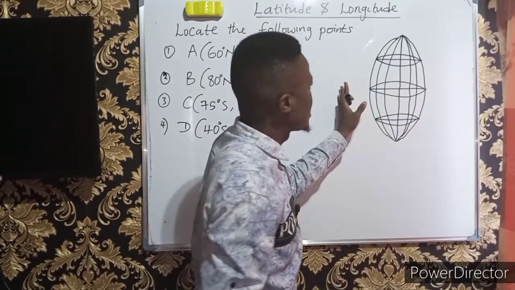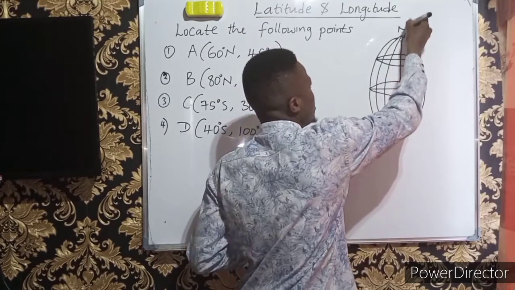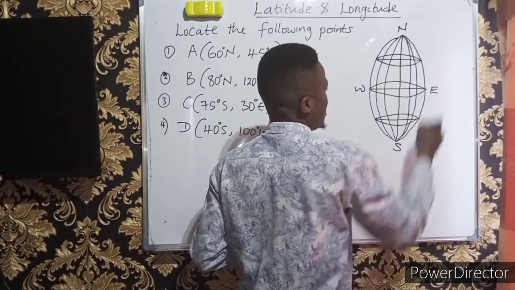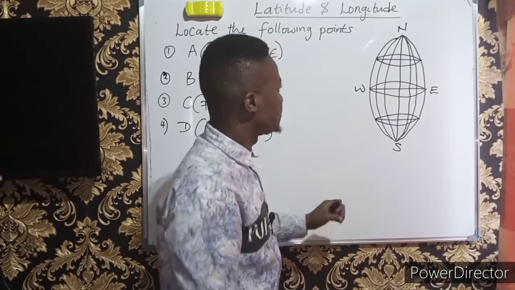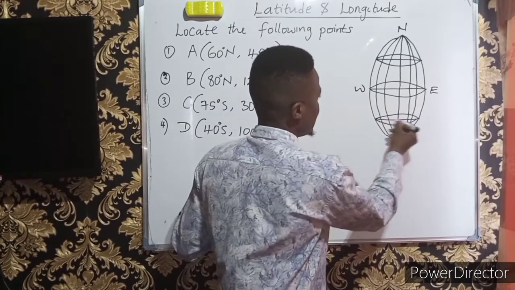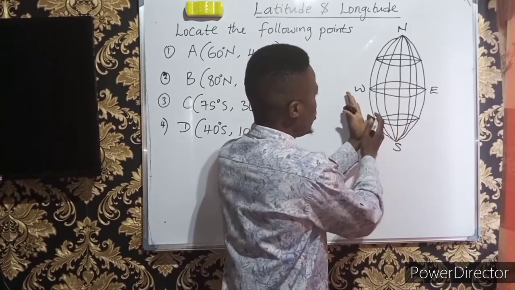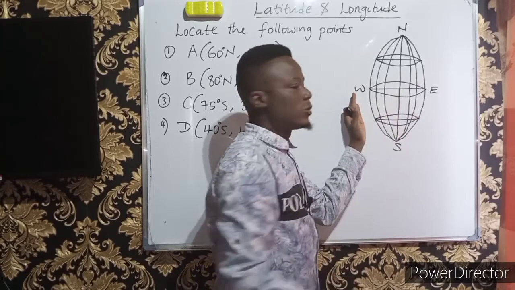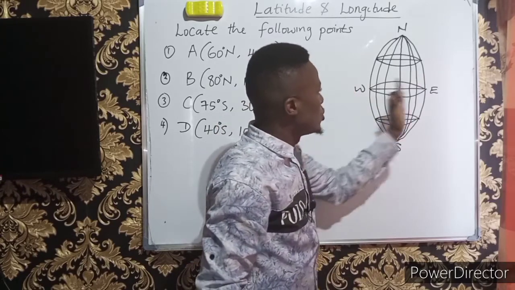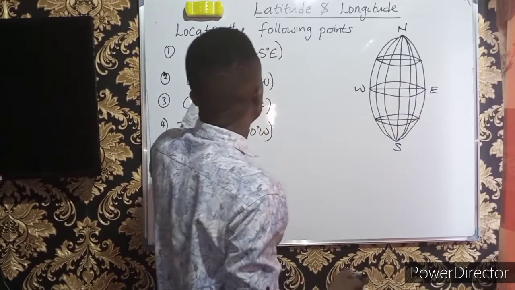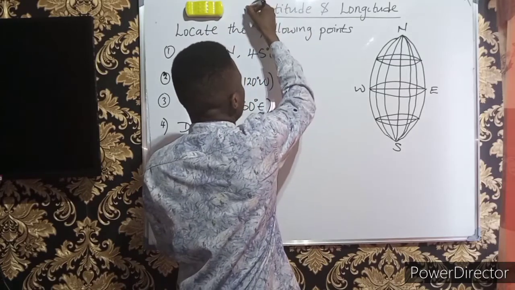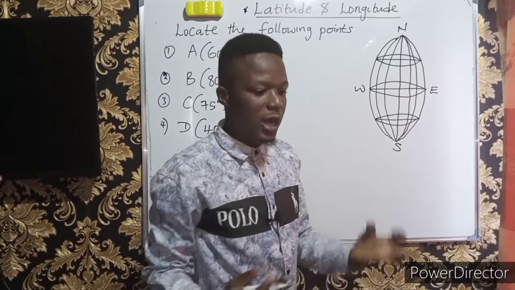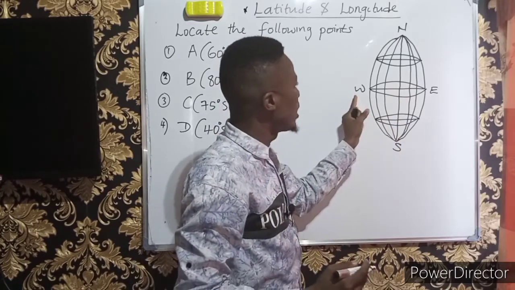now this is just the earth, where here is the north pole, here is the south, here is the west, and here is the east. Okay, now these lines that run from the west to east, these lines that are parallel to each other, that run from the west to east, are known as lines of latitude. The lines of latitude. So lines of latitude are just imaginary lines on the earth surface running from the west